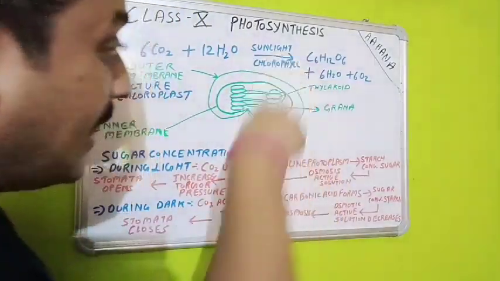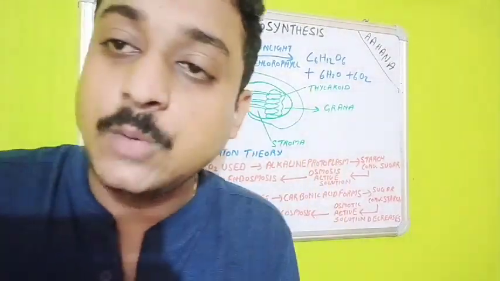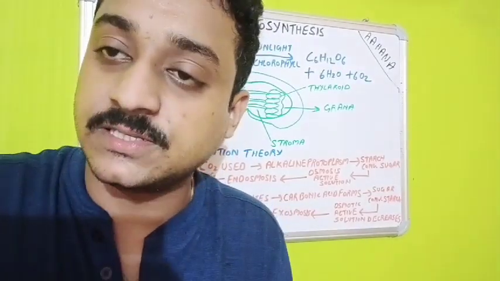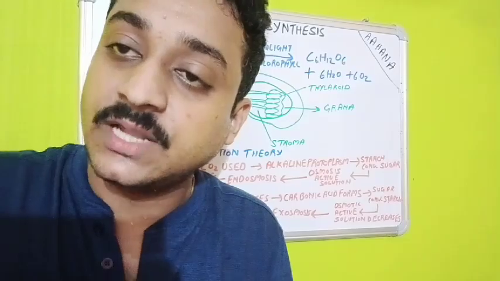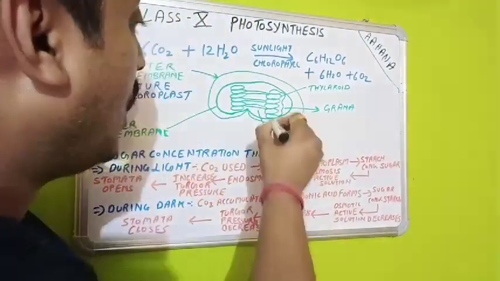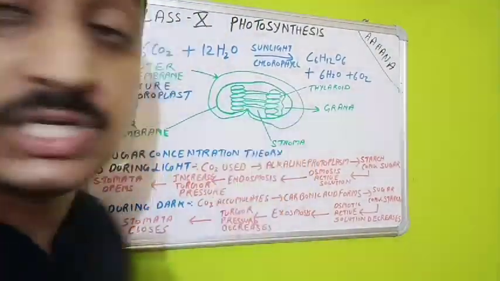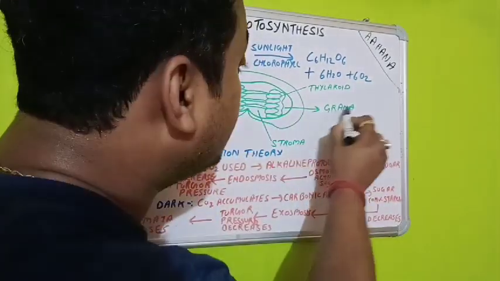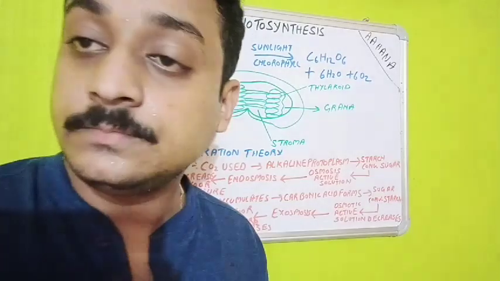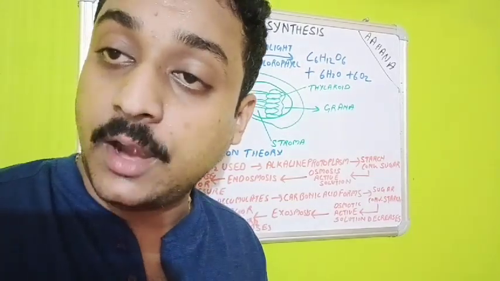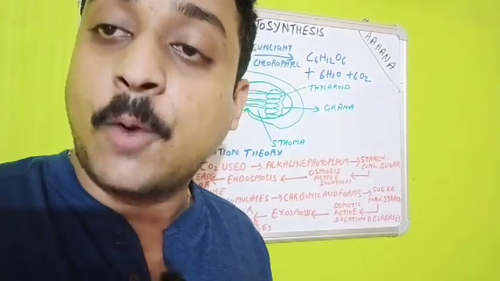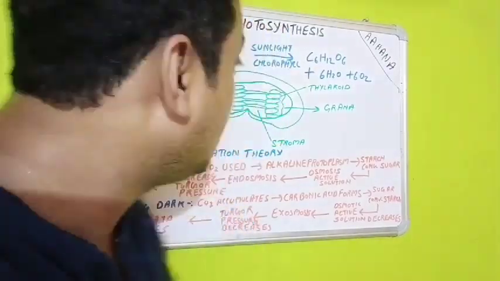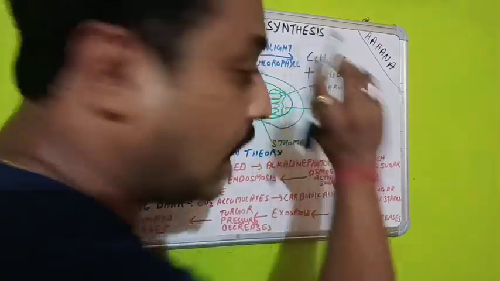A pile of thylakoids is like the way you submit copies at school or college, one over the other. That is known as piling. So the sacs are piled one upon the other. A group of thylakoids together is called grana. What is grana? Grana is the group of thylakoids which is important for the light reaction, and the light reaction takes place in the thylakoid.